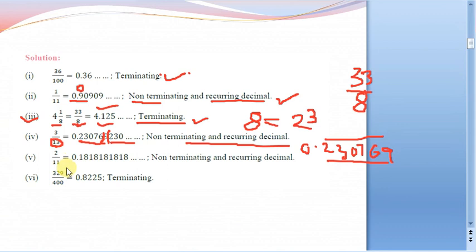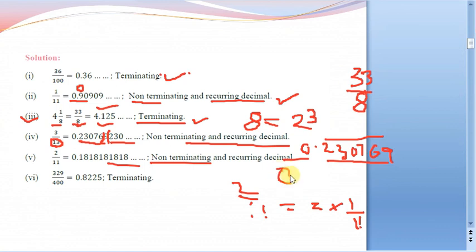So see, here we can do one thing. So already we have found that 1 by 11 is equal to 0.090909 like that. So just you take double of it. Why? Because 2 by 11 is same as 2 into 1 by 11. 2 times 1 by 11 is nothing but our 2 by 11. So either you can just multiply this entire thing with this one, or just we can find it. You will come to know that it will be 0.181818, and it is also non-terminating recurring. Why? Because it is 0.18 bar. So that is our fifth one.